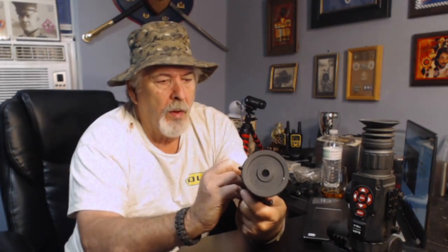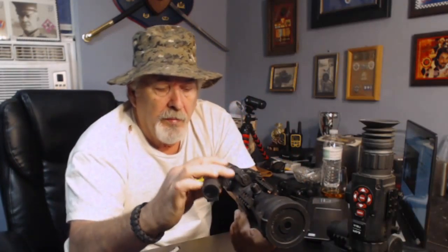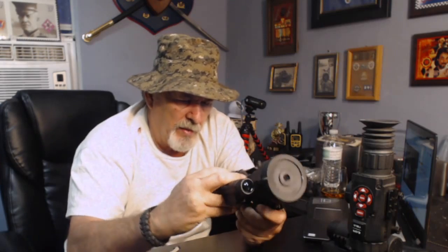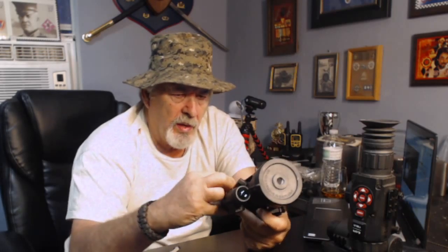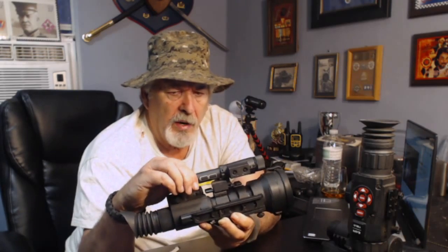It also has rails on it here. There's your focus. Has rails on it for additional infrared lights. This particular one, I believe, takes two CR123s. On, off, and your battery is loaded in here, and your focus on the beam is up here. It's not much of a focus, but